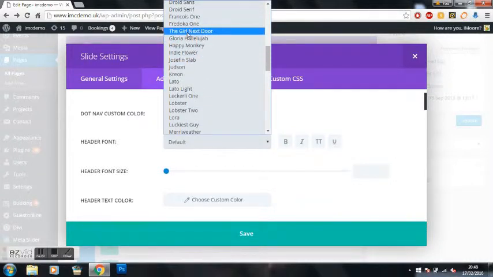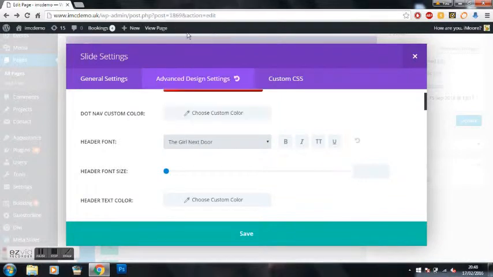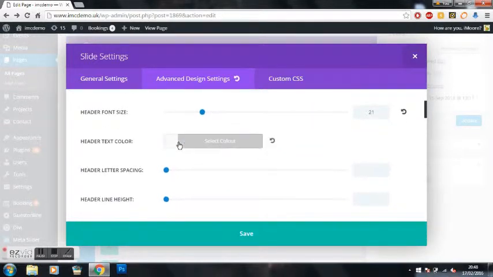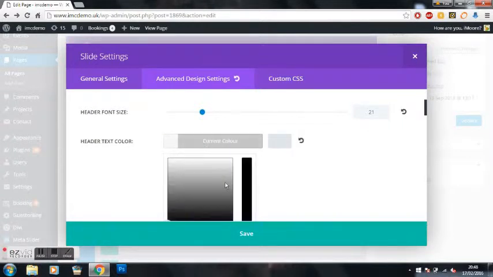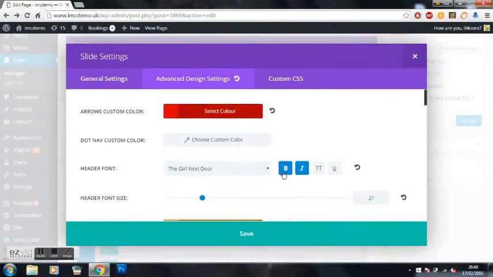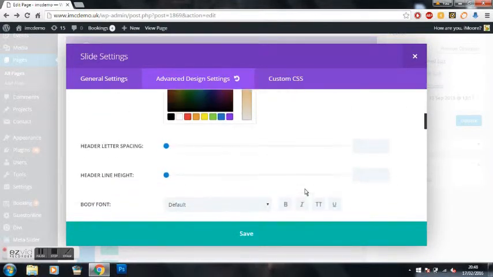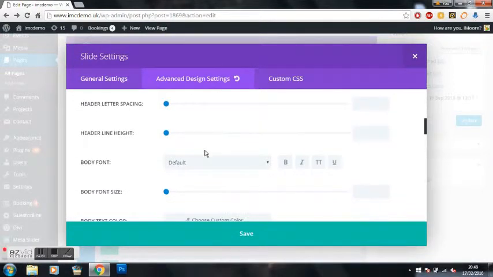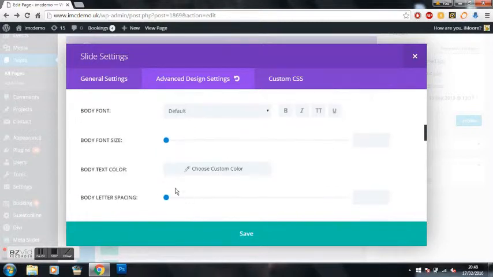So let's say girl next door, and we want it to be bold, and we'll have it italic, and if we want to increase the size of the header font, we can make it slightly bigger. You can change the color of the header font. We can change that to orange if you want. Letter spacing, this is just the space between the letters, height, etc. Body font, you can see all this. So you can go into quite a lot of depth just for one